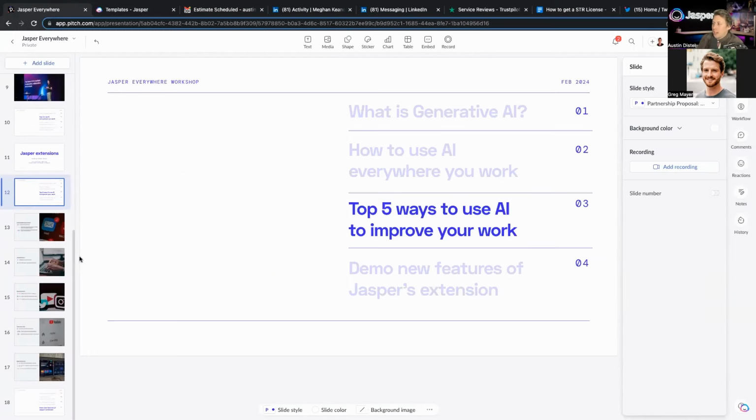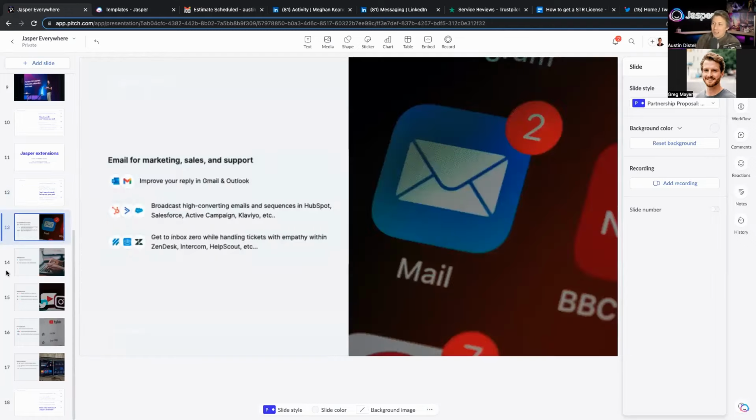I'm going to show you here the top 5 ways that we've seen the Chrome extension used across your workflow. And also, this intertwines with our top use cases and templates at Jasper. What we're seeing teams, small and large, from that freelancer in a coffee shop writing blog posts, all the way to one of our clients, Sports Illustrated, with thousands of writers, staying on brand and consistent with content. And small or large, this is likely going to apply to you.